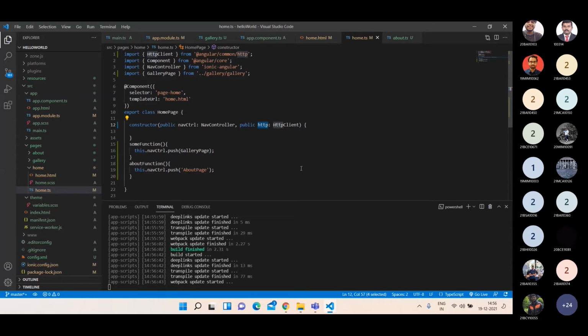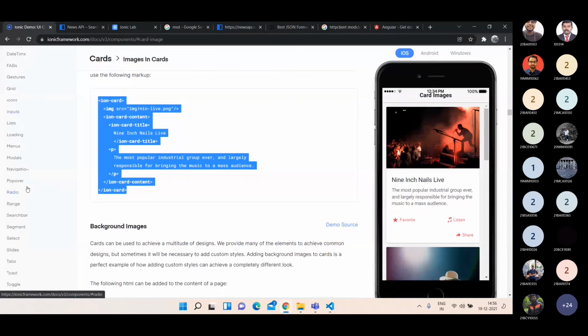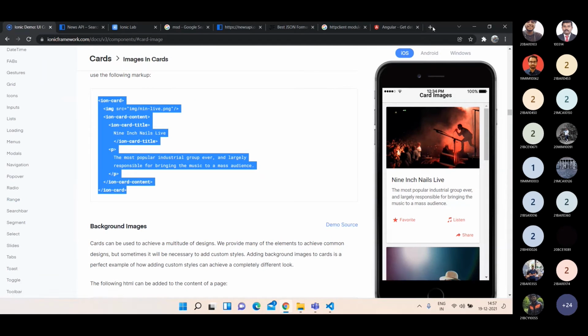Okay. So there is something called as Ionic page lifecycle. Okay. So we should get into what are the lifecycle hooks we have.